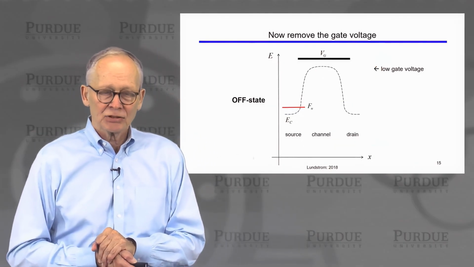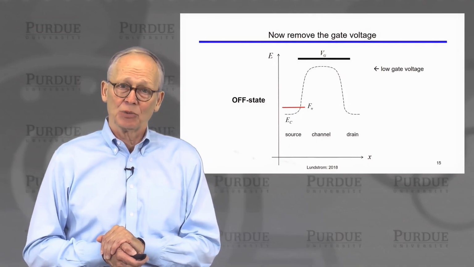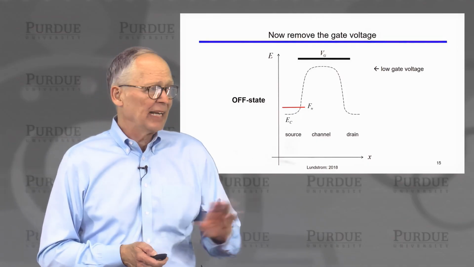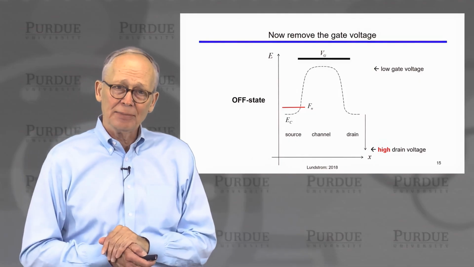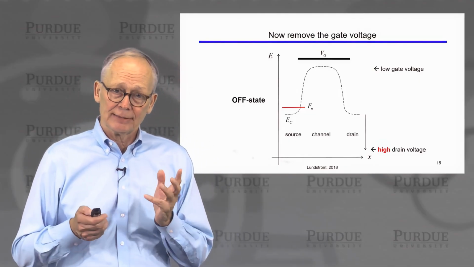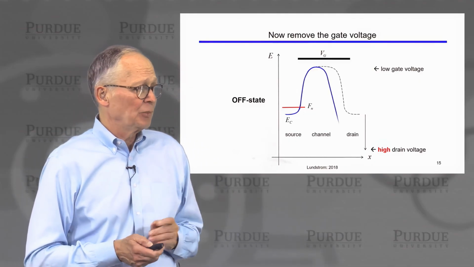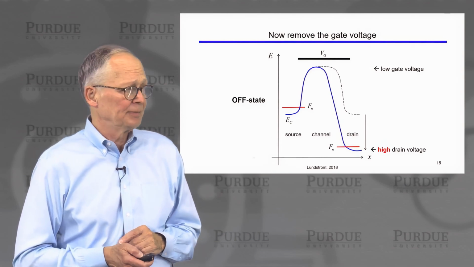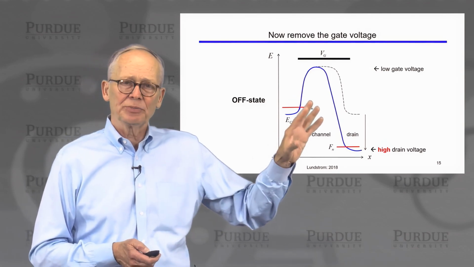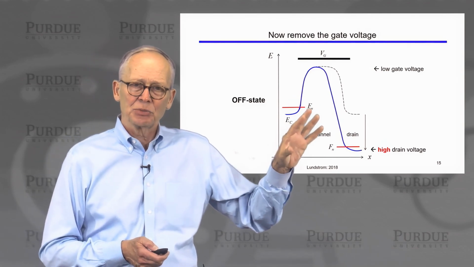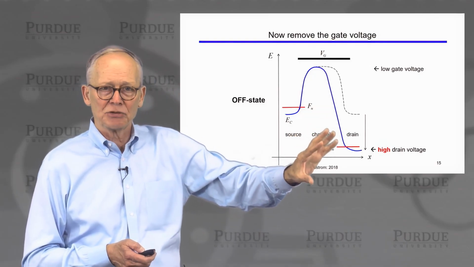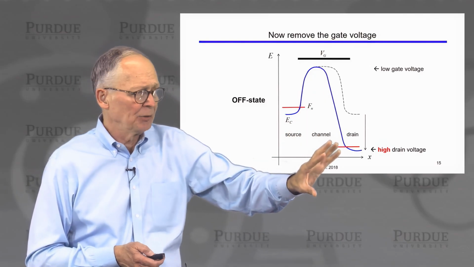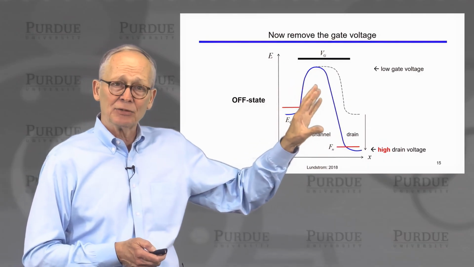Okay. So now let's remove the gate voltage and ask what would happen. If we remove the gate voltage, the energy is going to stay high. But if we keep the large drain voltage there, then we've pulled the energy down in the drain. So this would be a situation under which we would measure the off current. We've applied a large voltage to the drain, pulled the energy way down, but we've applied 0 voltage to the